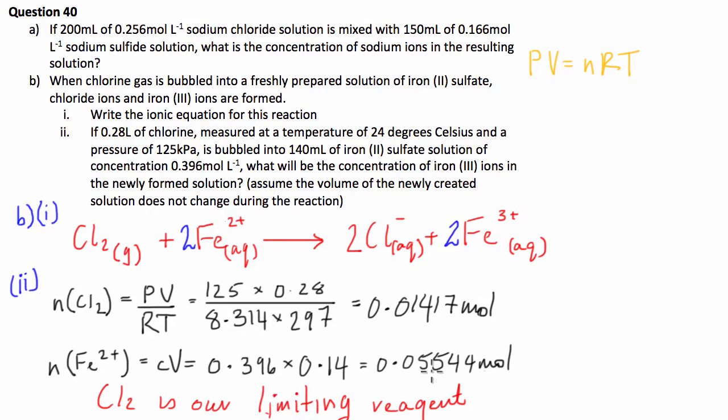Cool, and that's just because we need 2 Fe2+ for every 1 Cl2 gas, and we clearly have more than 2 times as many of these. So we're going to run out of the Cl2 gas first. So, because of that, the number of moles, and we're looking for this Fe3+,